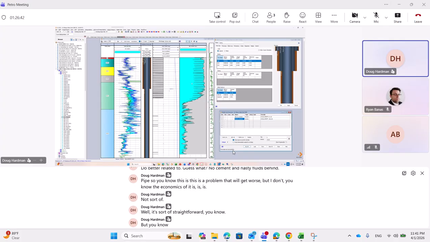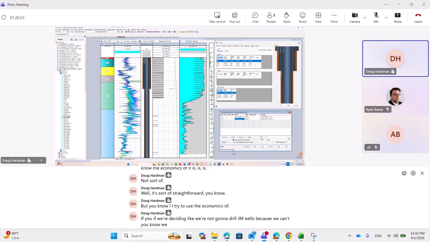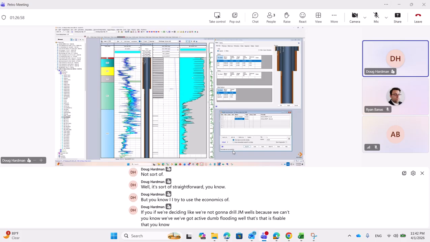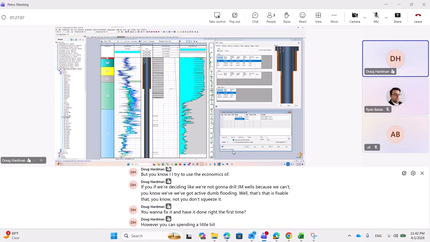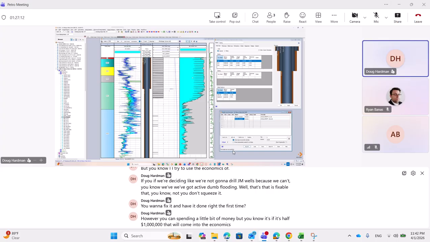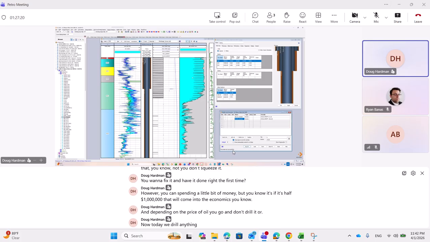I try to use the economics of it, like if we're deciding we're not going to drill JM wells because we've got active dump flooding. Well, that is fixable. You don't want to squeeze it, you want to fix it and have it done right the first time, however you can, spending a little bit of money. But if it's $500,000, that will come into the economics, and depending on the price of oil, you don't drill it. Or now today we drill anything, but